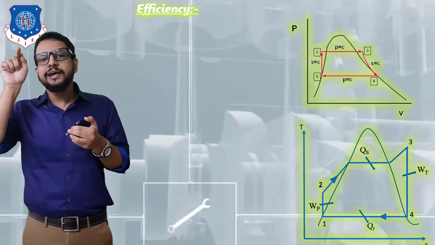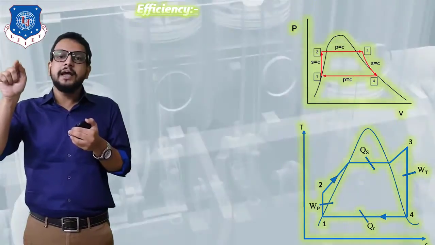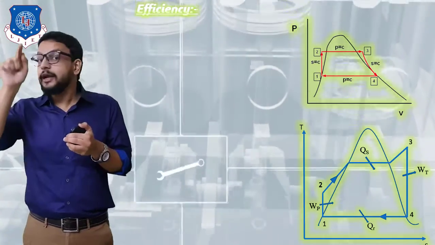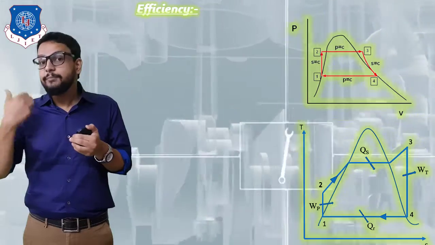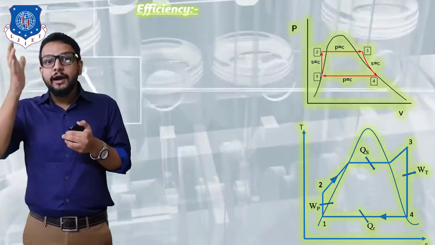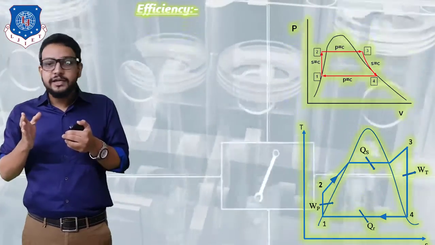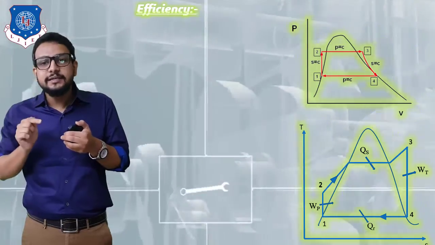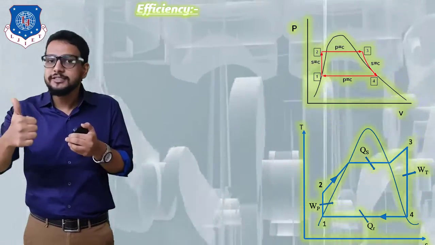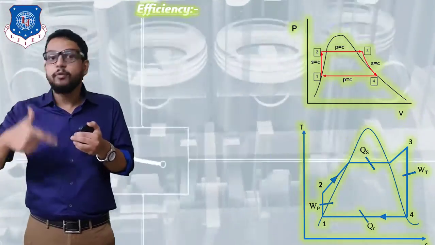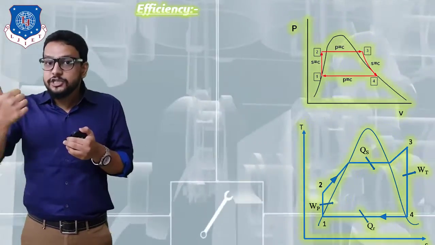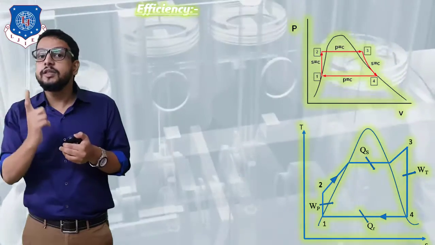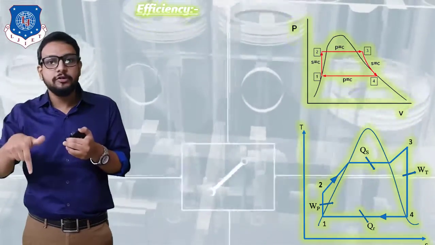Okay, now from state 3, the steam is entering into a turbine. Now in a turbine, what is happening? Mechanical power is generated. So after expansion, at the exit, as we can see, pressure has been reduced. Now if pressure is reduced, then definitely boiling temperature is also going to reduce. With an increment in pressure, boiling temperature increases. So with a decrement in pressure, boiling temperature will also decrease.